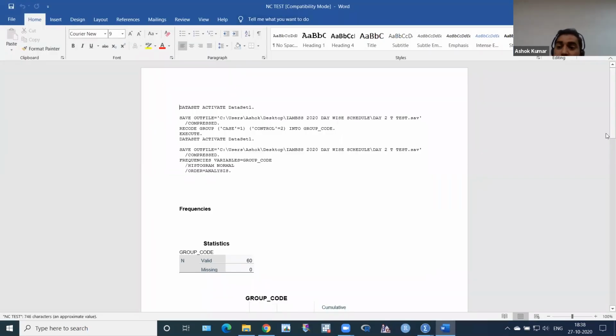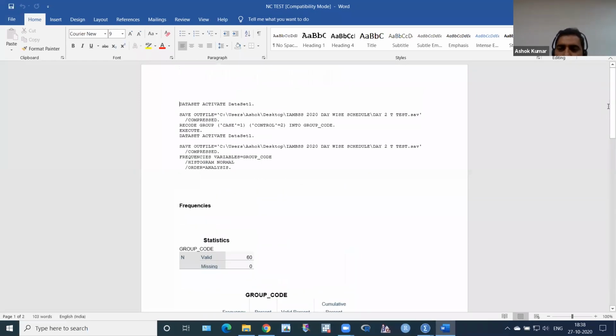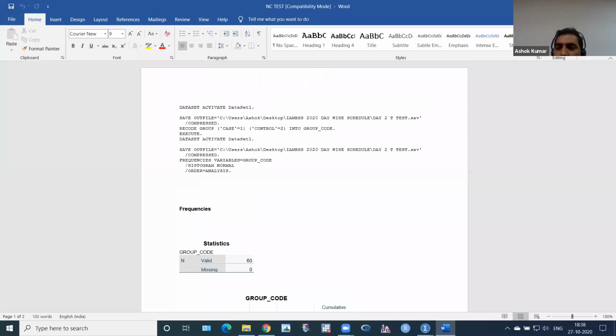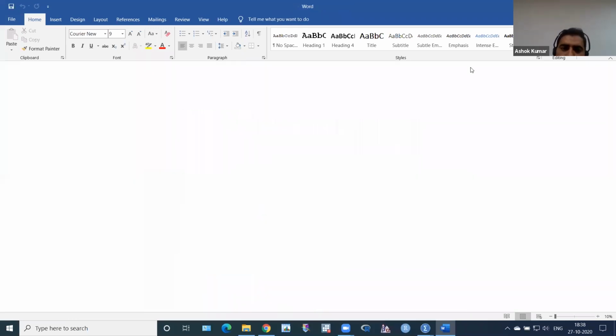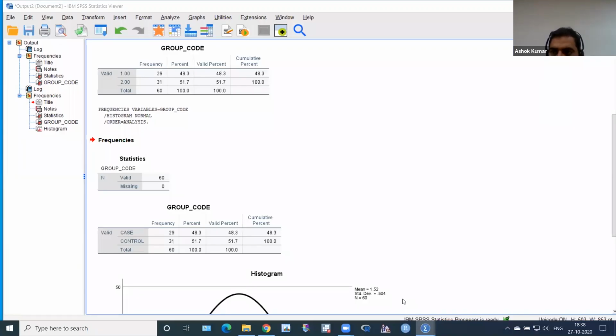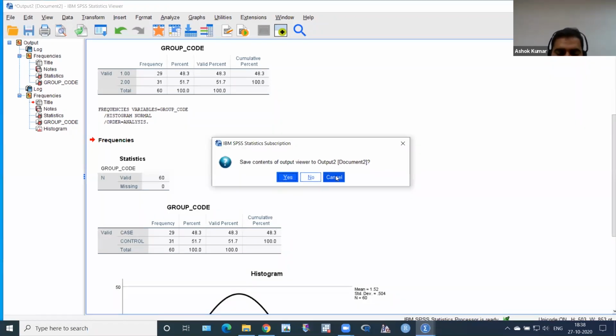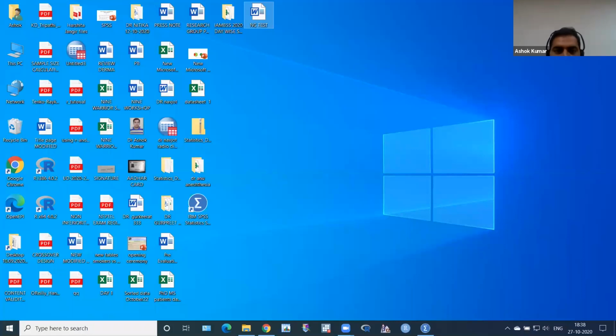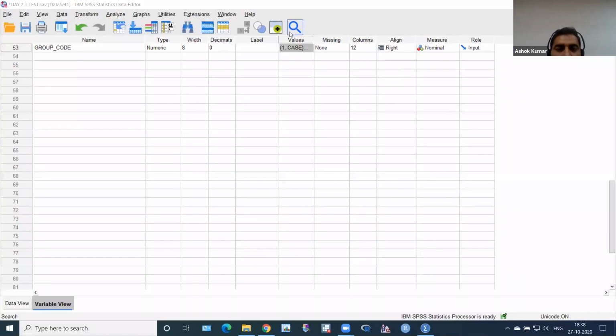Yeah, that file is replaced. So this is a lacuna of SPSS. After deselecting, crossing that, I don't want to select save, but after that, the file is replaced with this. Okay, so I want to cross it. Don't want, and this is the SPSS file. I have given this.